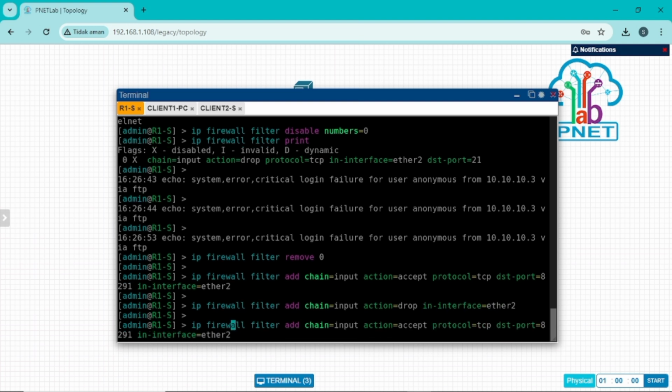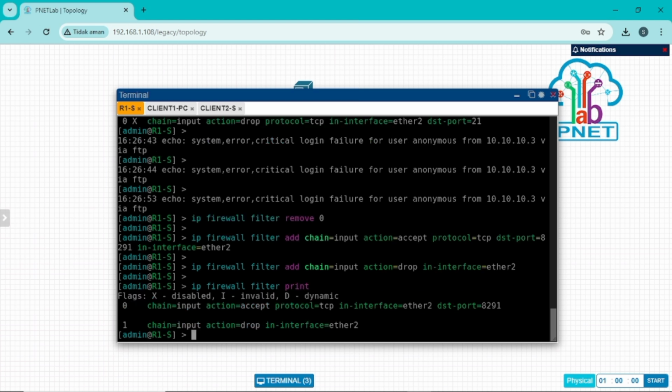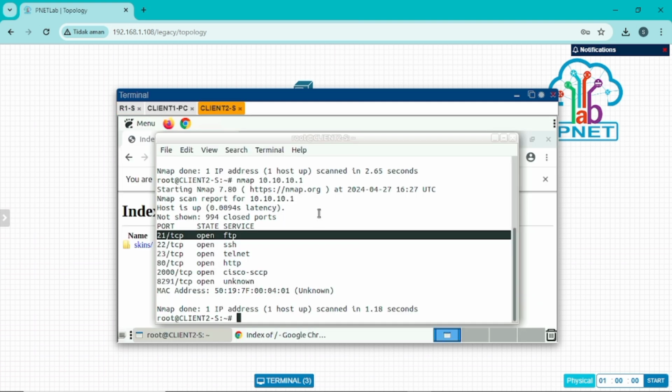Next, type the command IP firewall filter print. We can see here that there are already two IP firewall filter rules.